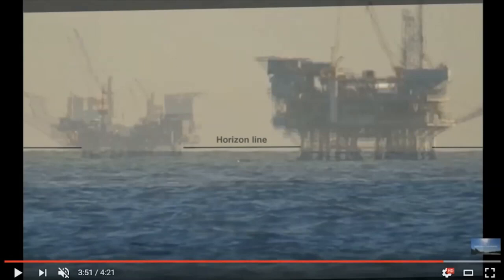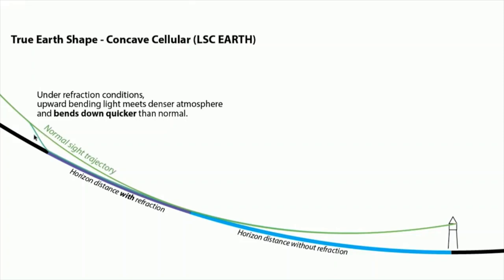And so that's a good indication that's exactly what's happening here, where different temperature pockets are extending our visibility as the light is taking longer to rise. That's a better way to put it. It's not that it's bending down, it's just that it's taking longer to rise up. So it's being extended like that, and because it's being extended, it's getting distorted along the way. The imagery is getting distorted along the way before it rises up again. So that's really how atmospheric refraction works. It doesn't work on the convex model.